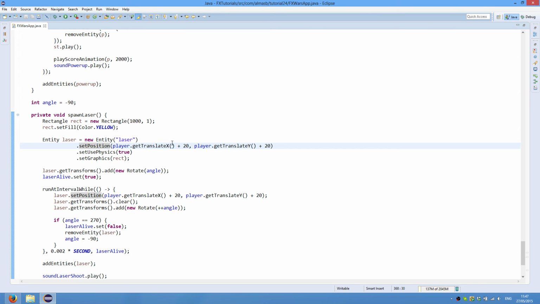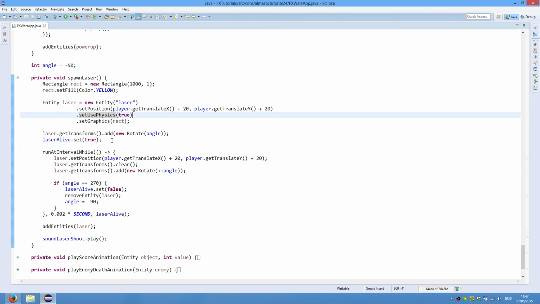So you position the laser where the player is, +20, which is half of the square, so basically at the center. Set use physics for collision detection and set graphics rectangle. We then get transforms and add new rotate angle so that it is rotated correctly. Finally, we set laser alive to true so that